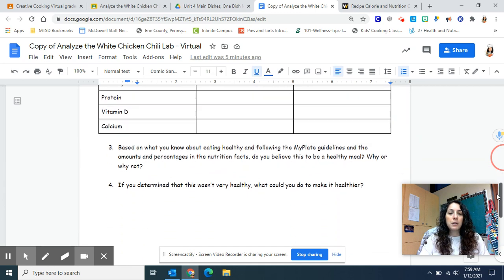All right, so number 3: based on what you know about eating healthy and following the MyPlate guidelines and the amounts and percentages in the nutrition facts, do you believe this to be a healthy meal? Why or why not? So there are 2 questions. Is it healthy? Why is it healthy? Why is it not healthy? Like,